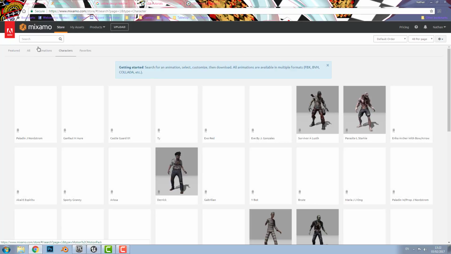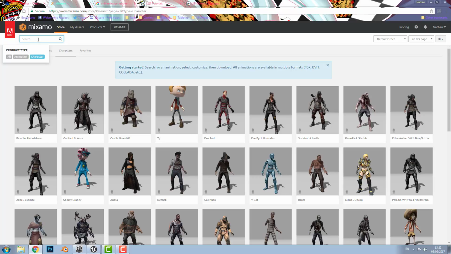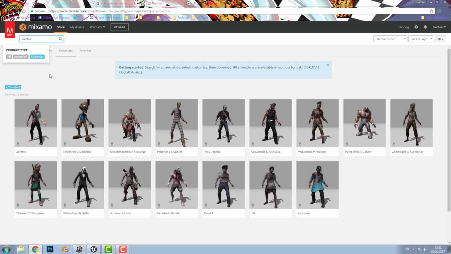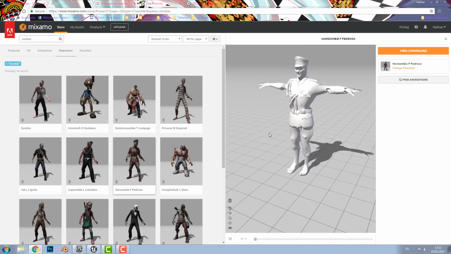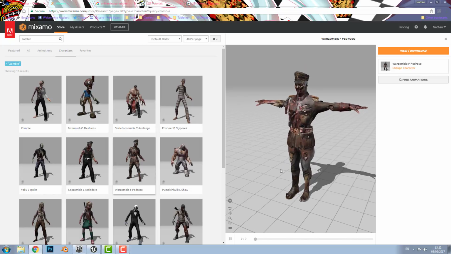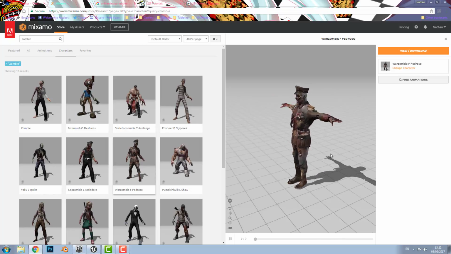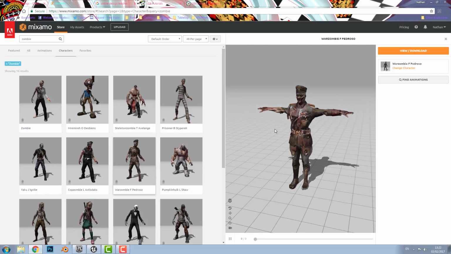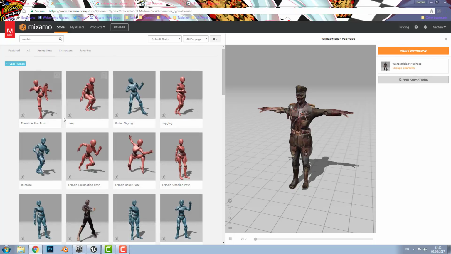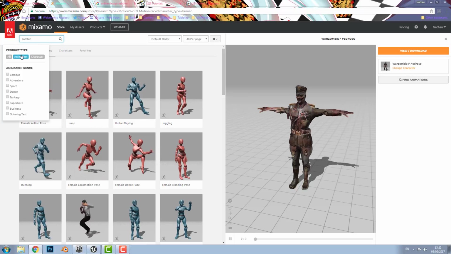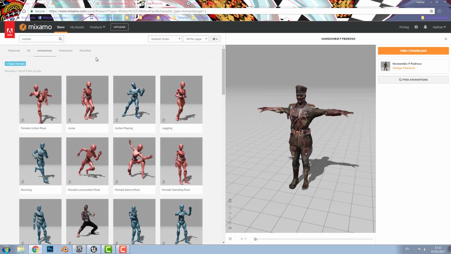If we go to Characters, and because we're making a zombie game, we'll type in zombie, and we'll go ahead and select this one. It's loaded pretty quickly because I've loaded this one already. It may take you a little bit, and then on the top right it will say add asset rather than view download. So if we then go find animations, and then we change animation zombie to animation,